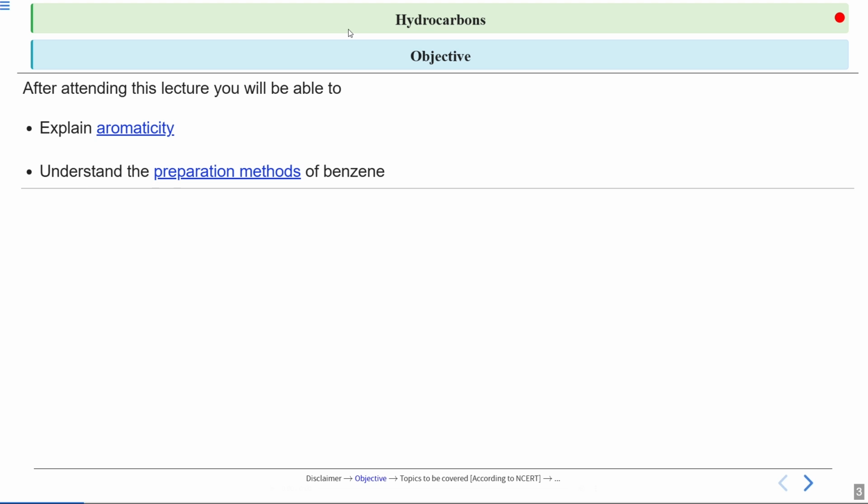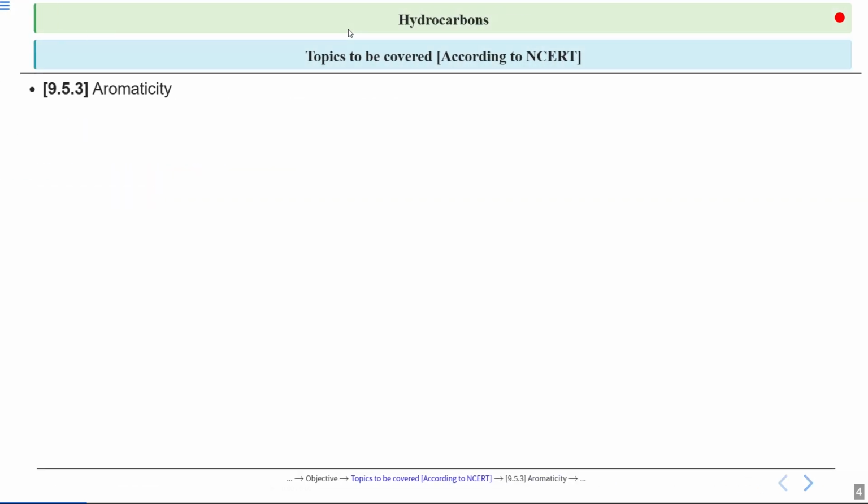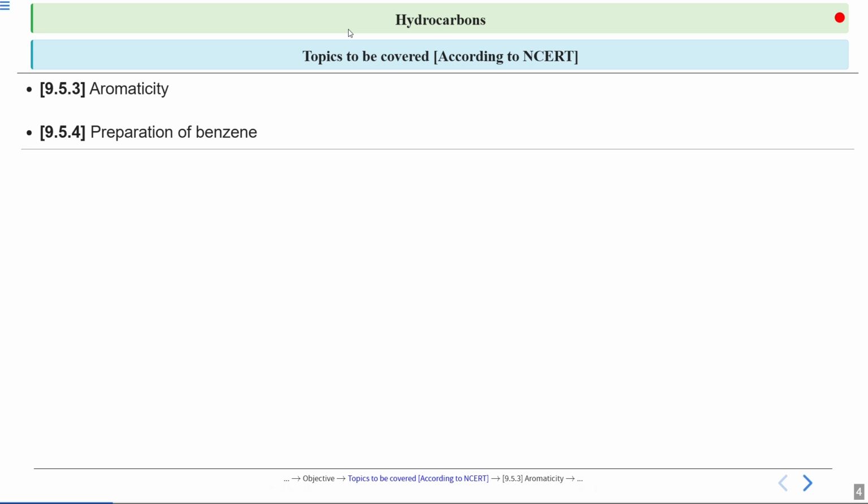Next, we will discuss how benzene is prepared. We will go through the main methods used to make benzene in the laboratory or industry, and will highlight the key steps and chemicals involved. As we move forward, keep in mind how these preparation methods connect to the unique stability of aromatic compounds. So, the topics which we will cover in today's class according to NCERT are section 9.5.3 aromaticity, then section 9.5.4 preparation of